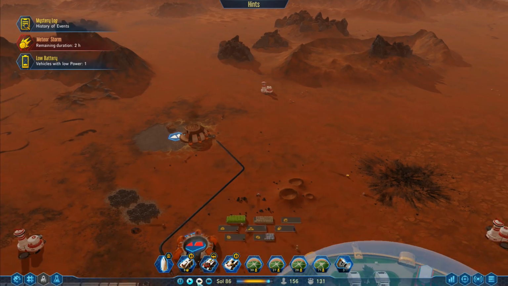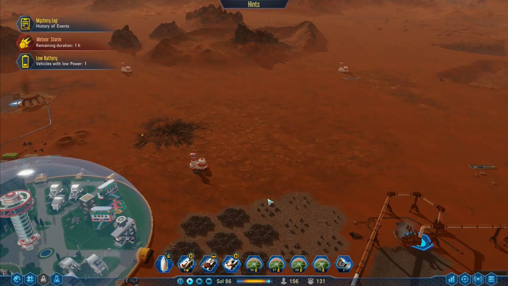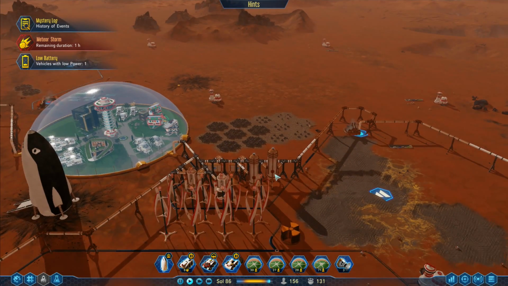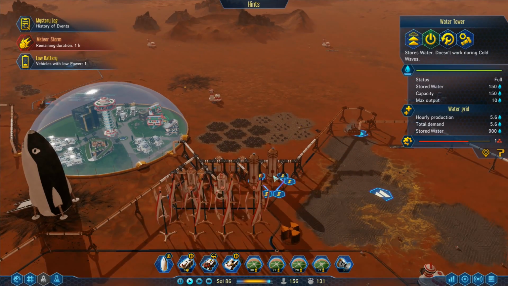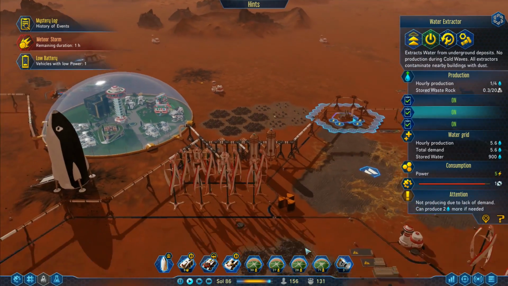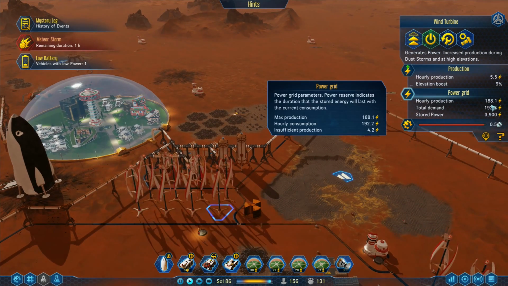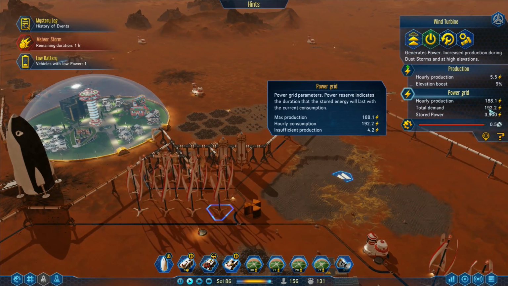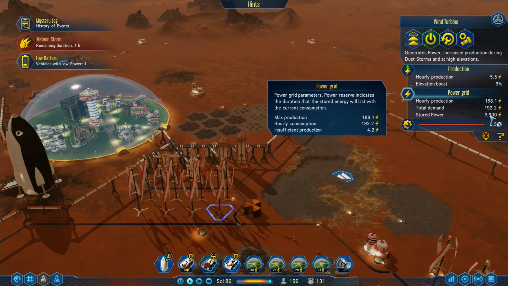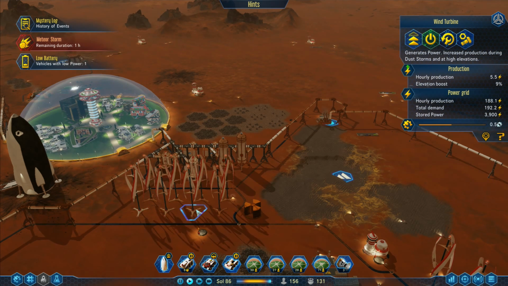We've got 2 hours left here. Before I start speeding up time again, we're going to take a look at this over here. I've got water storage everywhere now, and the stored water is all full. So we're running really well on that. Power, if we look at power, I've got hourly production of 188, total demand 192, stored power 3,900. It does climb up and down a little bit with the...